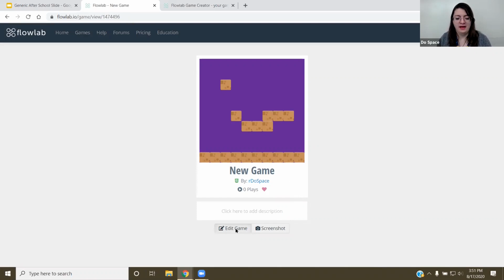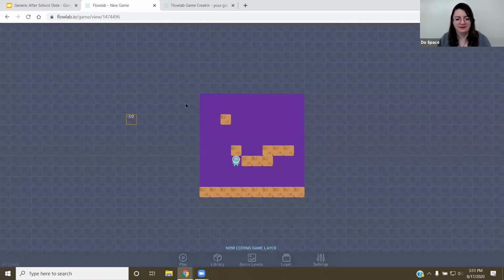So I'm going to go back and edit game just to get back in here. Now, this is what I was talking about, how we got the tile background and we can move about anywhere. If I click anywhere, I can create things at any spot. If I go from left to right, I'm in the negative numbers. If I go from the start of the screen and beyond, I'm in positive numbers. If I go up beyond the top of the screen, you notice the number is now negative. If I go below, it is positive.